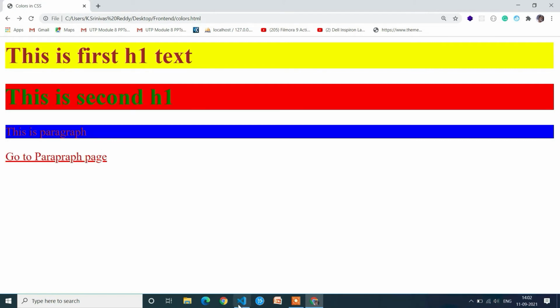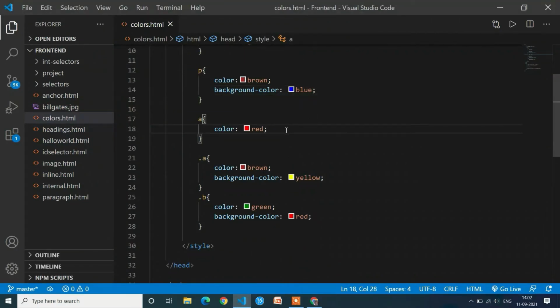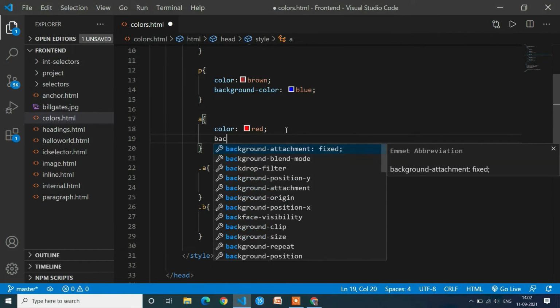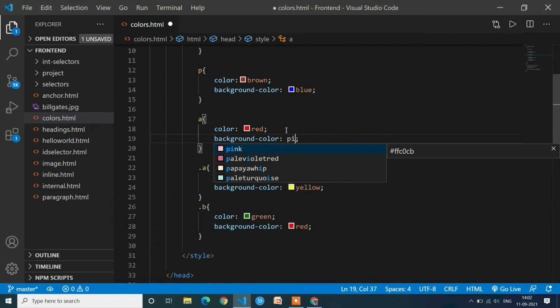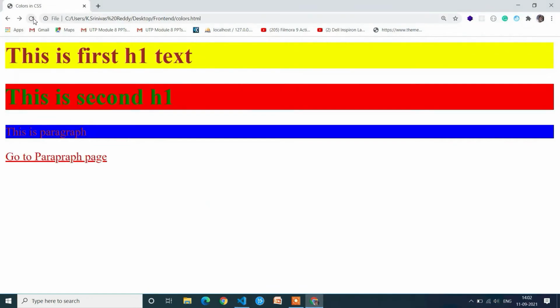I want to apply the background color as pink. Control S. Here we go. The background color of the anchor tag is pink and the text color is red. So like this way, we have to apply the background color and color properties to the HTML elements using the